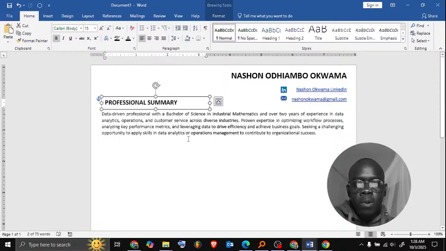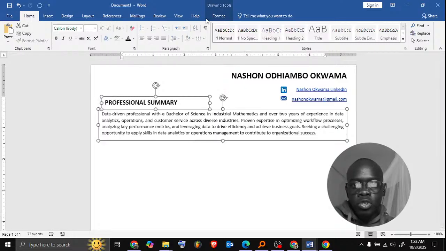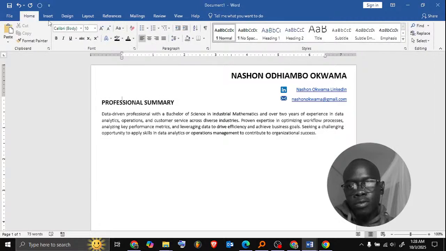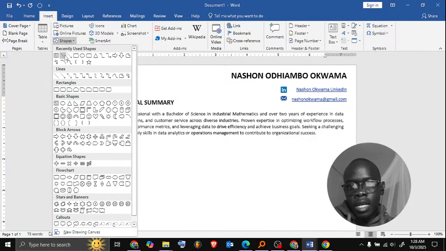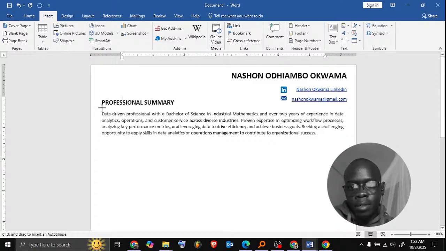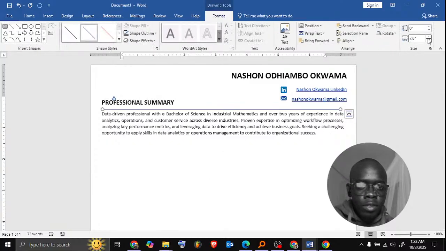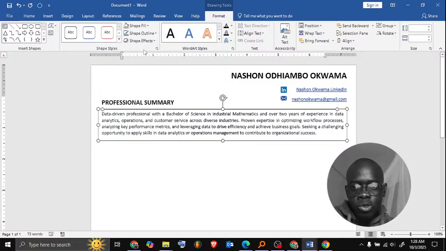Now, another thing is that I want both of these for the professional summary. I want to align them to the left. And then apart from that, I'd want to insert maybe a divider like that, you know. Yes, like that. Now, after inserting the divider, I also want the divider to align to the left with this